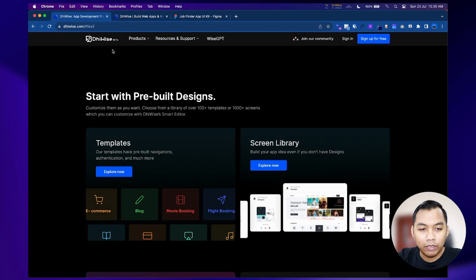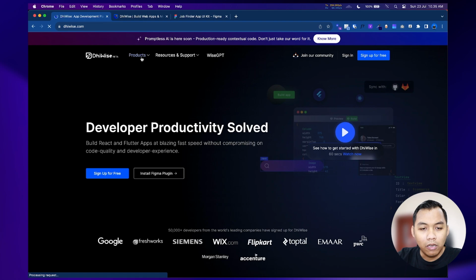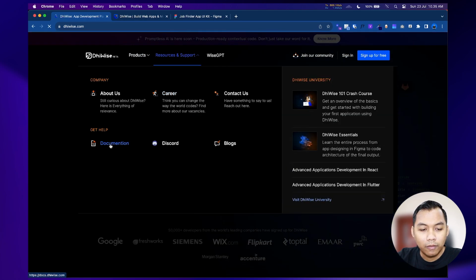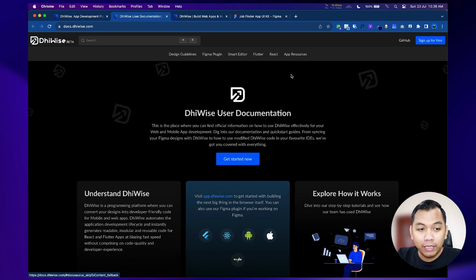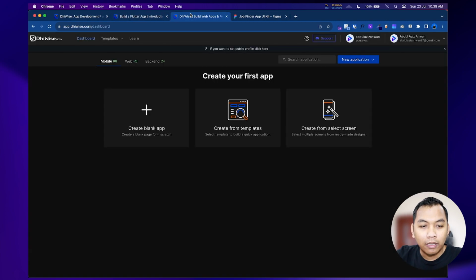Let's go back to the Device website. On the top, we see resources and support. Now we can select documentation, which covers the design guideline, Figma plugin, Smart Editor, Flutter, React, and so on. Let's go back to the dashboard.